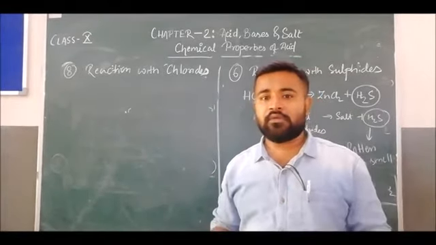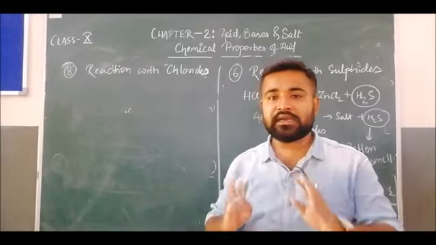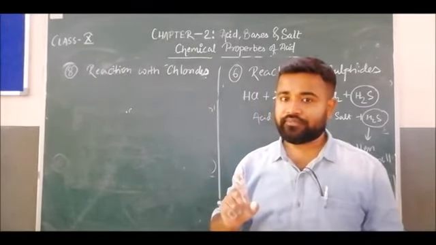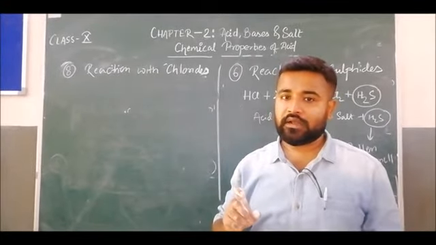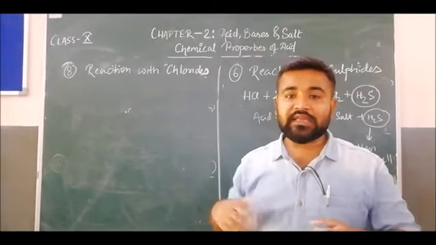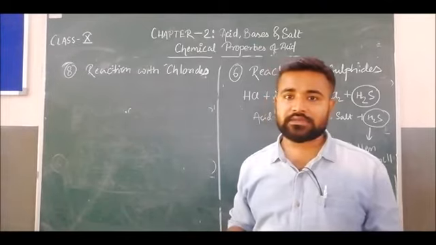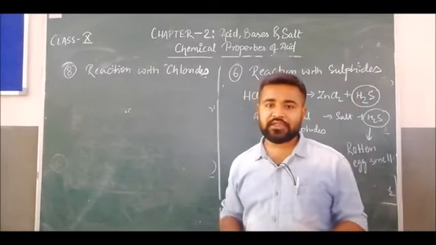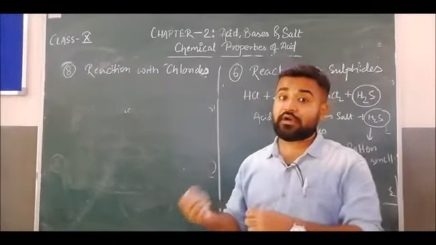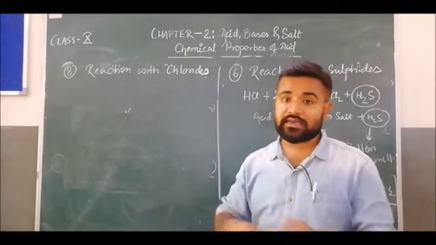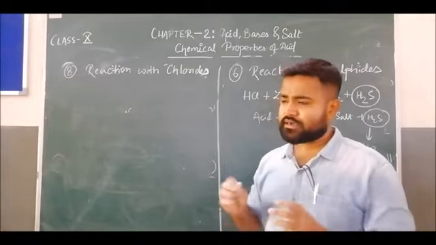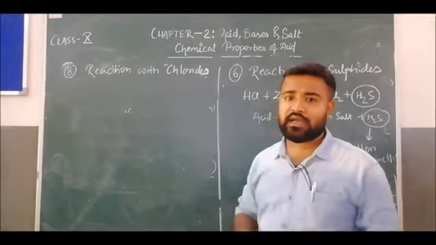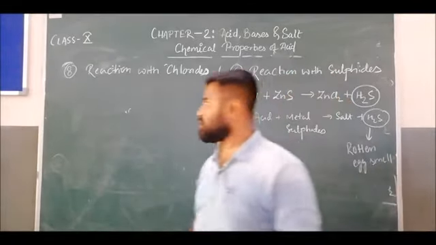Concentrated H2SO4 and chloride can somehow react but others cannot, because we know that chlorine is a non-metal, and non-metals generally give acidic salts, acidic in nature. So non-metals cannot react with the acid, but only in this case the chloride will react with the sulfuric acid, concentrated sulfuric acid.